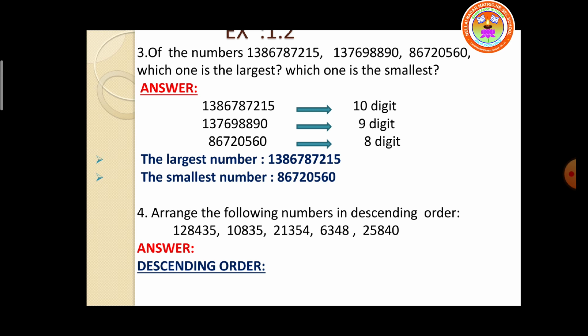Children, is it clear? First, you must check the number of digits given in the problem. Then write the digits on the top. Then it will be easy for you to compare the numbers. In case 2 or 3 numbers have the same number of digits, you should compare according to place value and do the problem. Is it clear? Shall we see the answer now? See, you should use this greater than symbol. Is it clear?